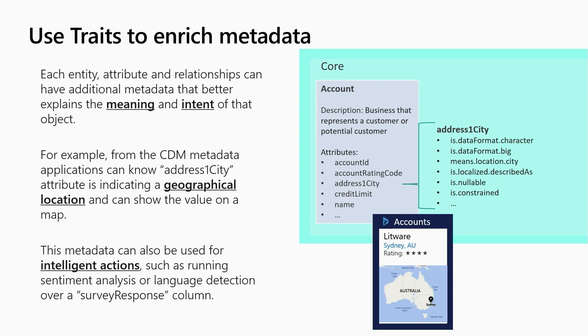See that? So I can say is used or is nullable. You have traits that apply to the mechanics of your system, to what values it can have, but it also gives you the understanding of what data really means. So it's not just miles or kilometers, it's distance. That goes back to the slide that I showed before. Now all your Azure ML and AI can pick that up and process it with more fidelity and confidence.